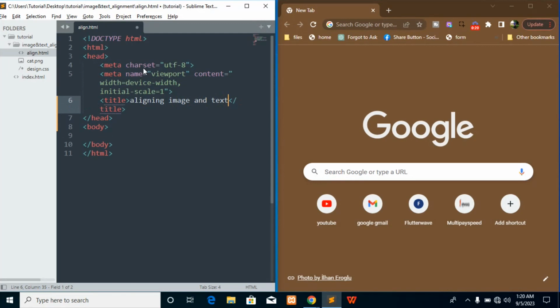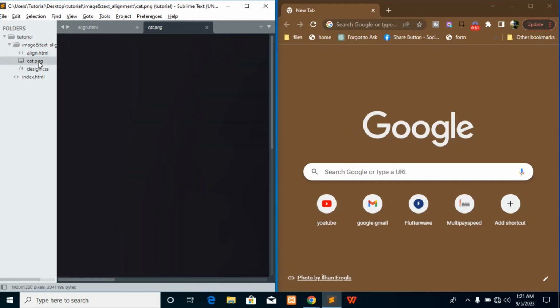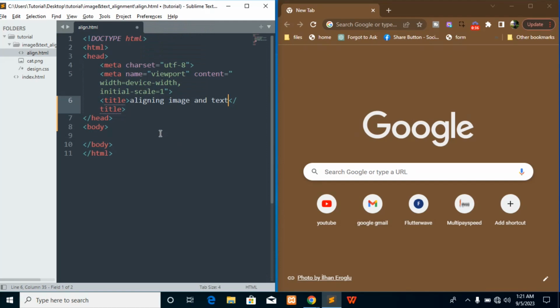Having done that, I actually created a new file align.html and then a CSS file design.css, and I have an image already in my directory. So having said much, I want to link my HTML to my CSS. Design.css.